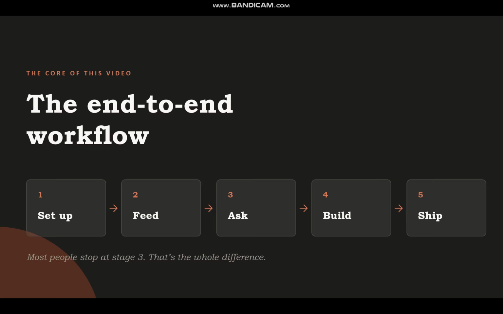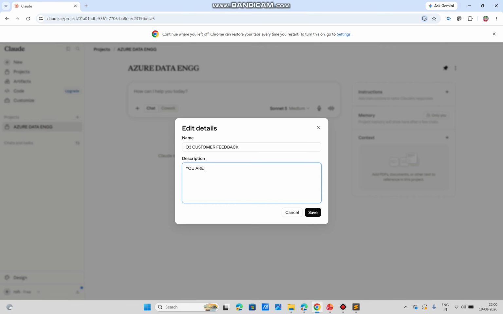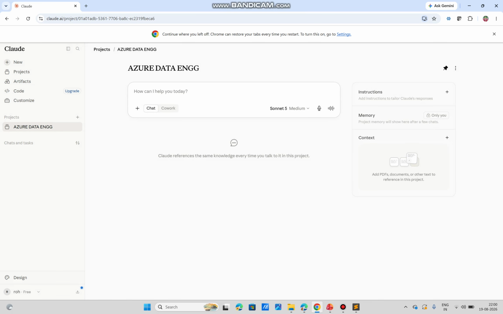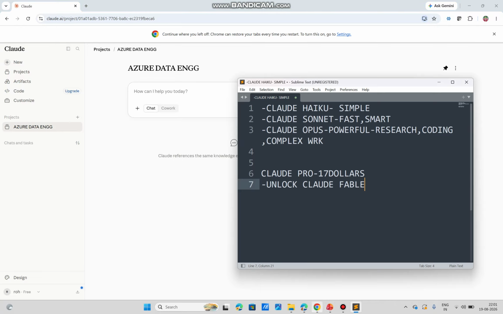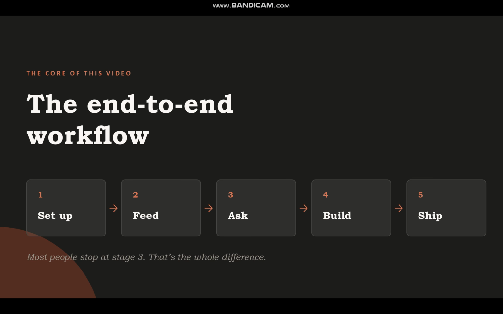Then we can add whatever files you want, that I will show you. If you want to add any files or context, you can add it here from our device or GitHub or text content. Then whatever questions we ask, it will follow role, task, context, format, all those things. It will summarize the feedback and do whatever it is asked. Claude doesn't only reply with text, it will create